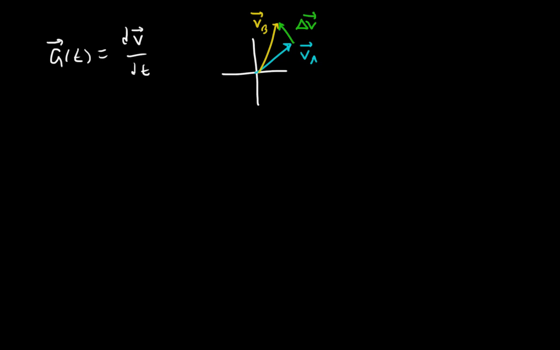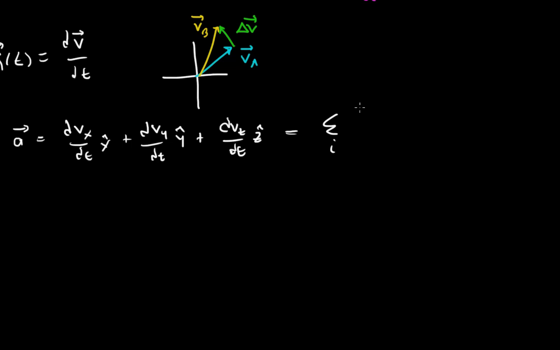Well, in Cartesian coordinates, that's just going to be a equal to dvx dt x hat plus dvy dt y hat plus dvz dt z hat,